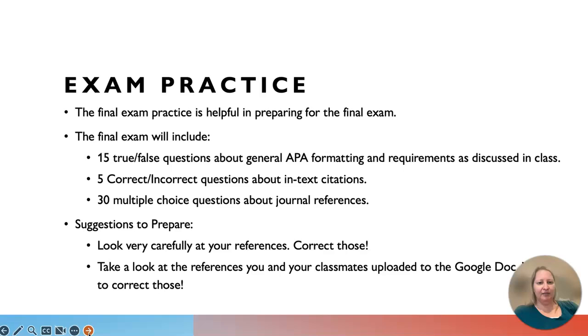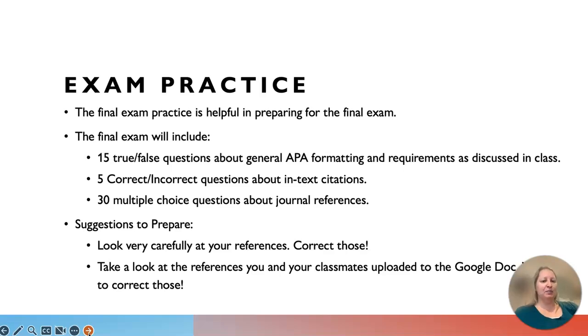Then there will be 5 questions about in-text citations, and for this you will either choose correct or incorrect. Now this is about the referencing of in-text citations. It is not about how well the author writes. It is not about the grammar. It is simply about, did they cite it correctly? Did they introduce it? There's the part in your workbook where we looked at the punctuation about introducing quotes and paraphrases and in-text citations, so take a look at that.